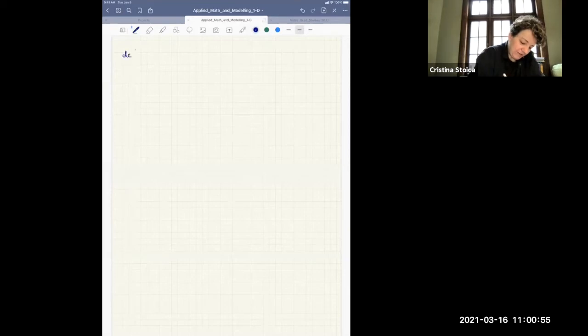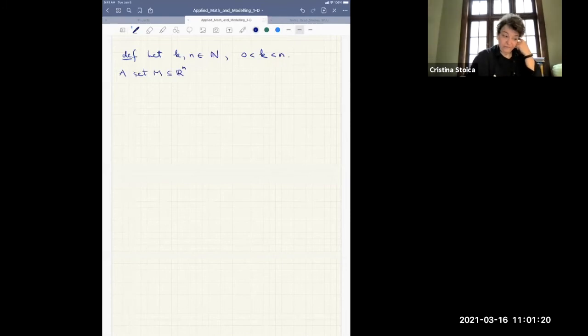Definition. Let k and n be two natural numbers, with 0 less than k less than n. A set M included in Rn, which cannot be equal to Rn, and actually we should say that this set is non-void, just in case, let's be precise, is a k-dimensional submanifold of Rn